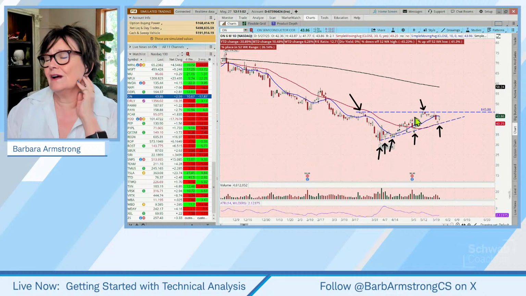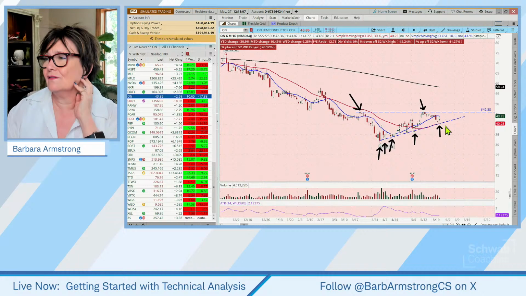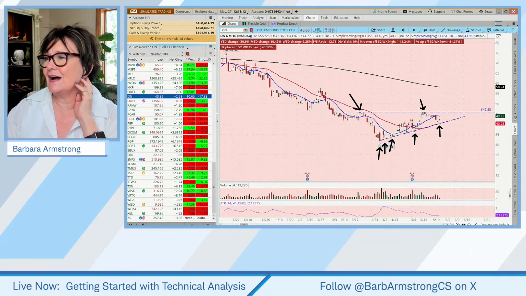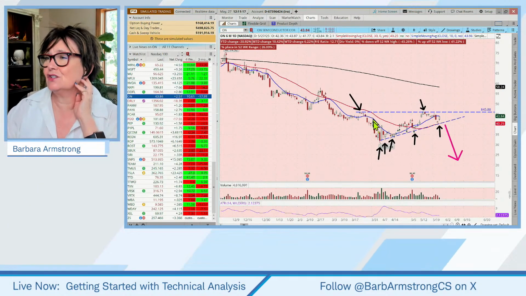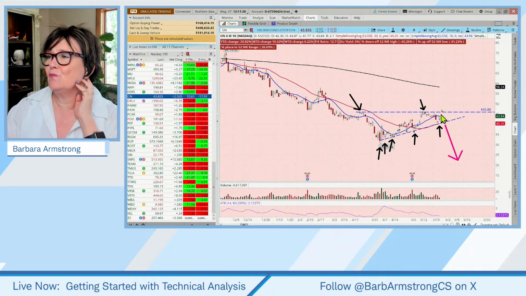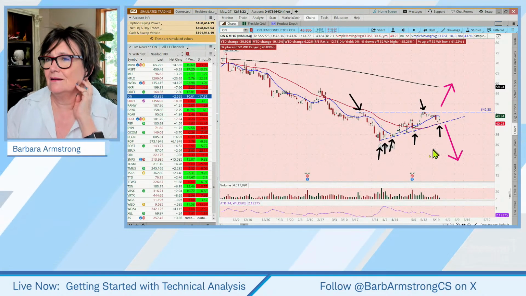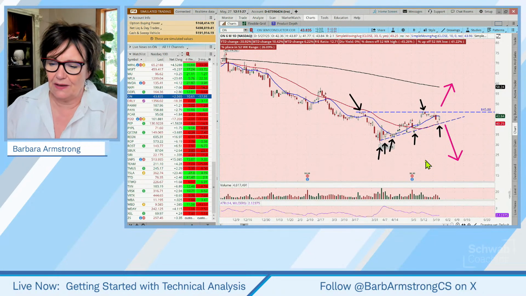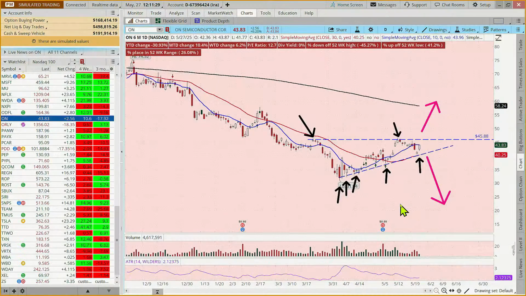And so if we're expecting this pattern to continue, then one might look for a break to the downside if we're expecting the downtrend to continue. But if you're thinking, hey, this could be a trend reversal, then you'd be waiting for a break to the upside. And so what might you do if you're saying, well, the pattern is still being created? This pattern is still being created. So what do I do? Well, you take one hand and the other hand, and then you sit on them.